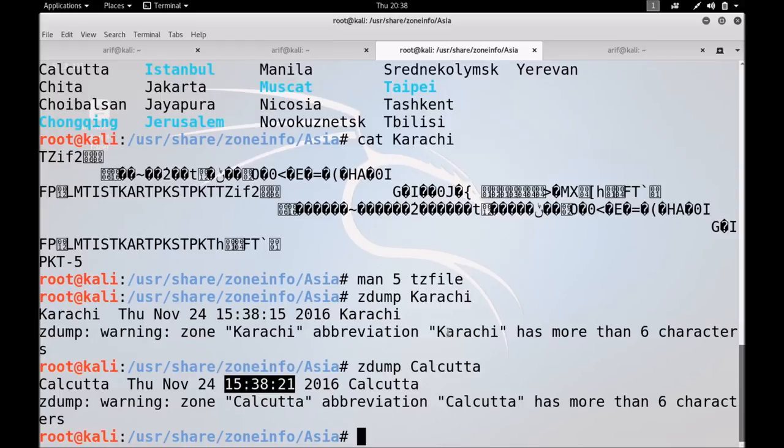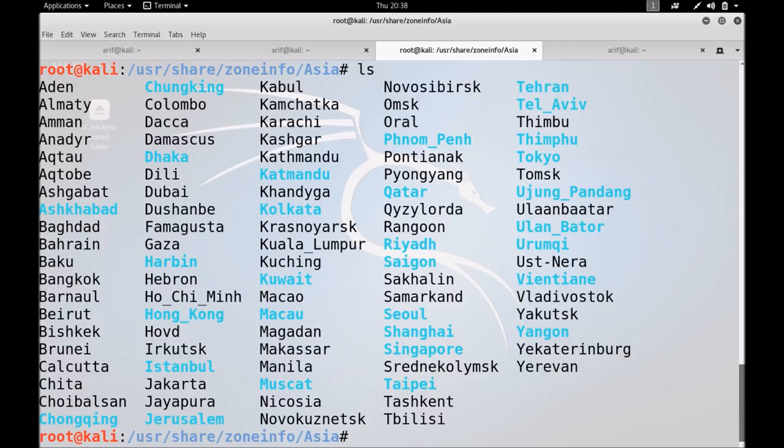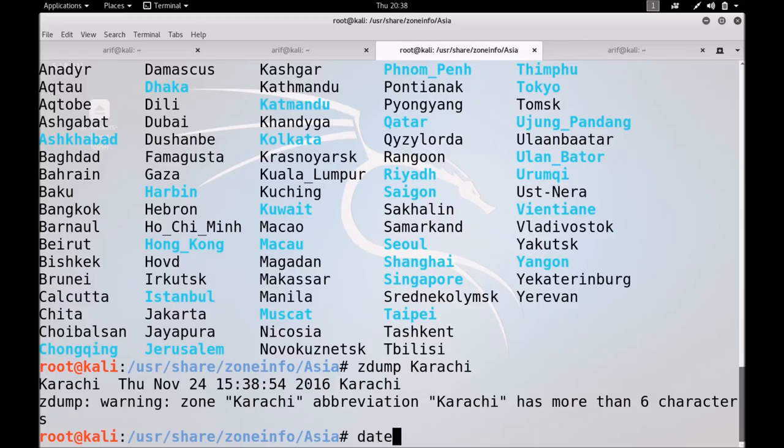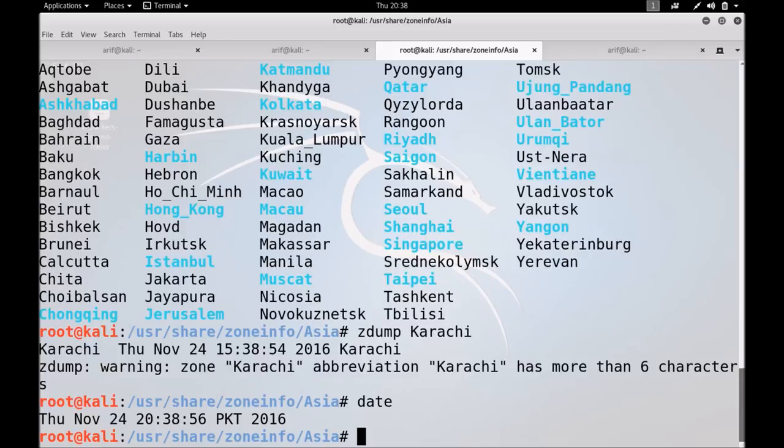Okay, Karachi. So there is some problem as far as Karachi is concerned. Let me see it again. zdump Karachi, and if I say date, my date is something else and this is showing something else.